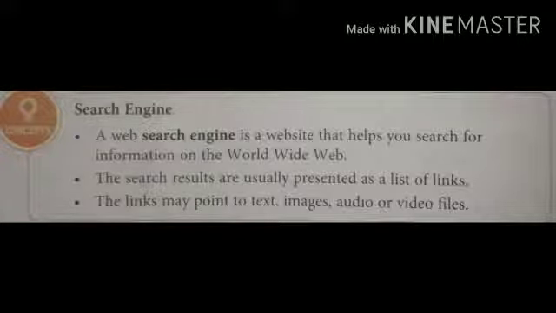Now, whatever we want to search, we type the particular phrase related to our search in the search box. Then, the search results are usually presented as a list of links. Those links are known as hyperlinks, as we have studied earlier in the previous chapter, Introduction to Internet Browsing.